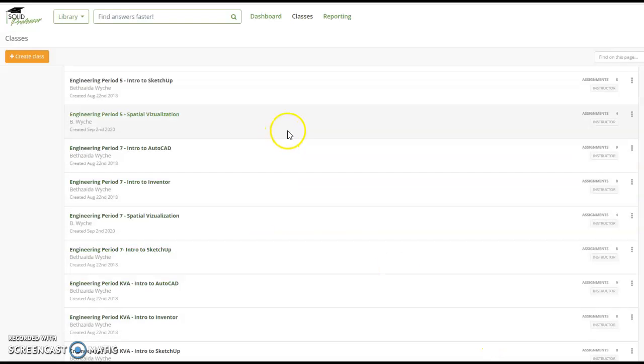Your screen will definitely look different. I'm showing you from the teacher's perspective. What you're going to do is you're going to find the 4 courses that apply to your particular period. At this time, you are only required to add 4: Intro to AutoCAD, Intro to Inventor, Spatial Visualization, and Intro